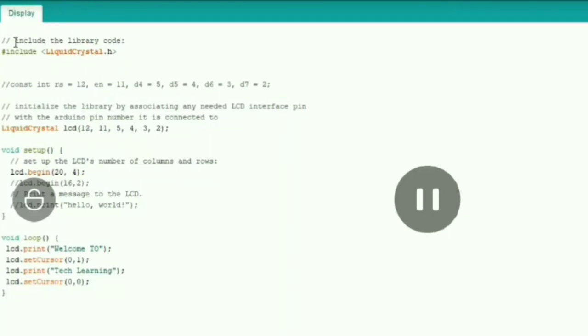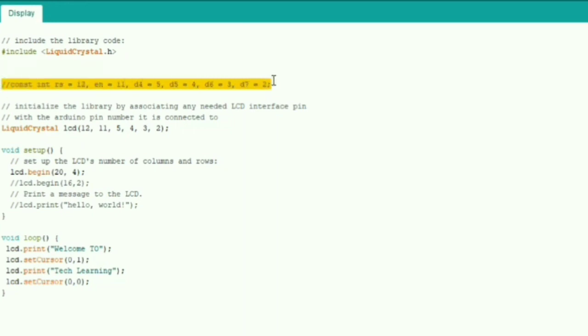Now let us discuss the code we have written for the LCD display. In the first line you can see we have included a library, liquidcrystal.h. This library has the inbuilt code for liquid crystal display. The next line is commented, so Arduino Uno will not execute it. We have written this line just to understand the pin connections we have made between the Arduino Uno and the